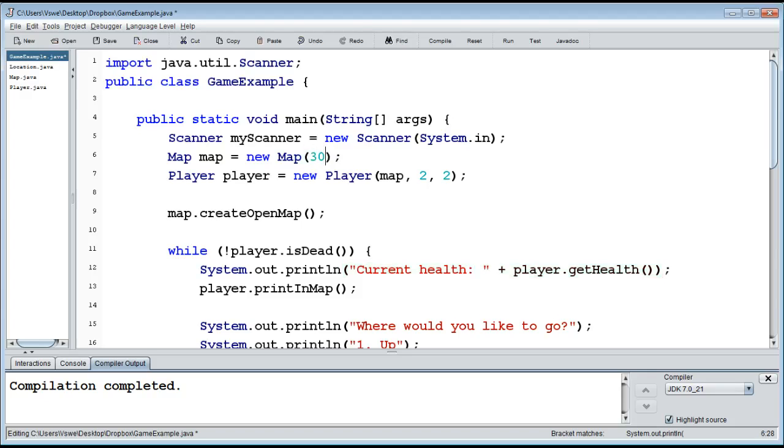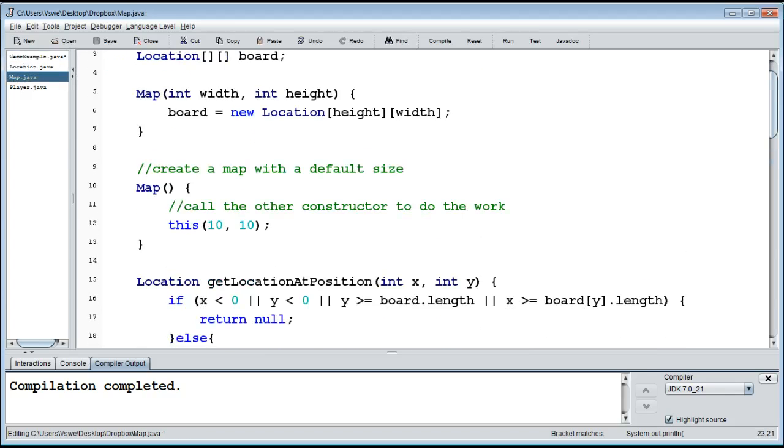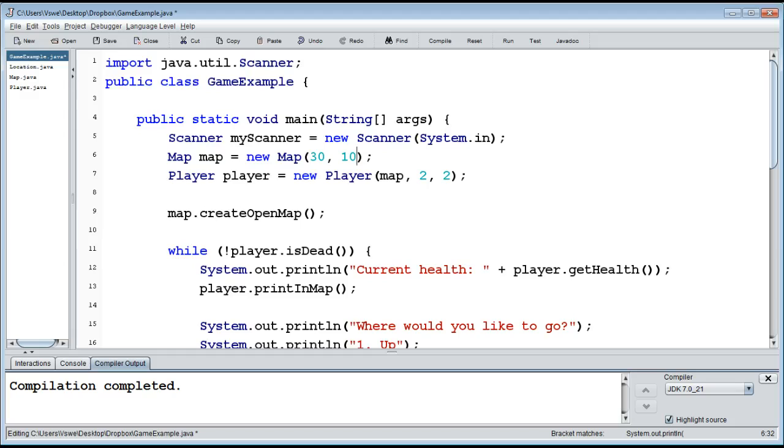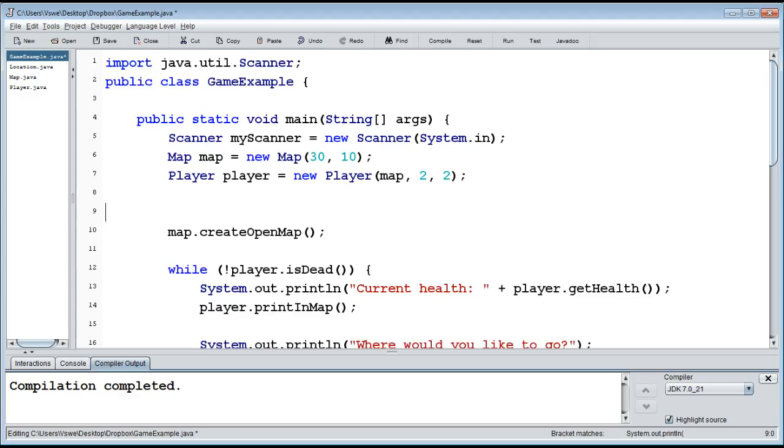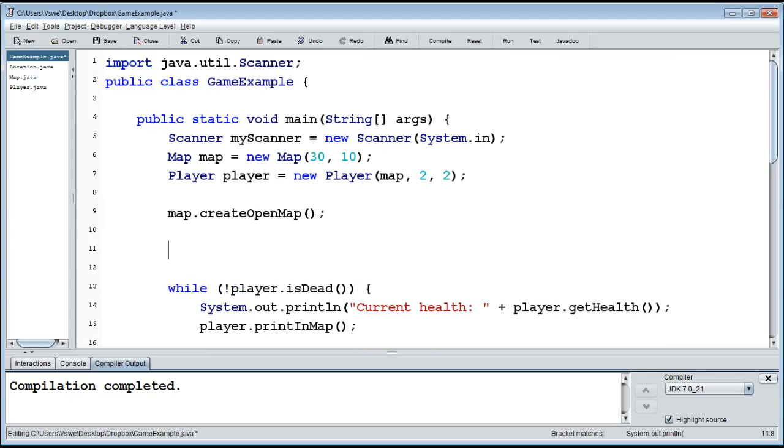And I'm going to make the map bigger, first of all. Remember that we had the constructor here, using this one here, to create a default size map, 10 by 10, but you can also specify on your own the width and the height of this specific map, which is what I'm going to do to make it bigger, to get room with some other things. Right, and what we can do now is we can create a new mine location and then place that inside the map. So